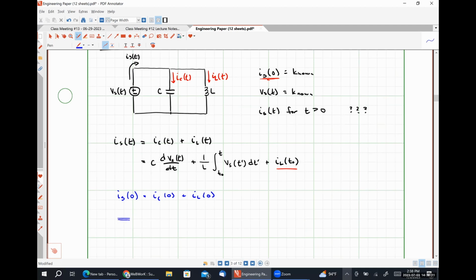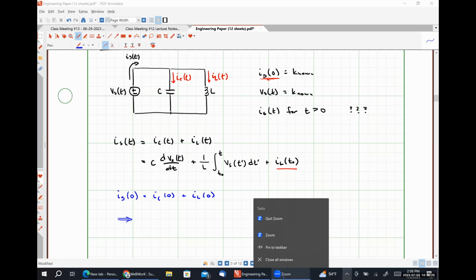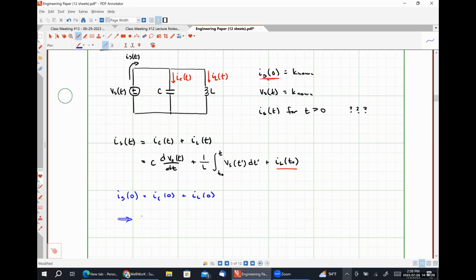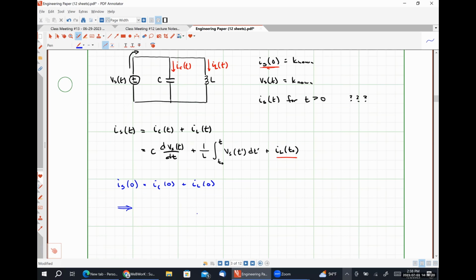Well, rearranging this, I could say that IL at 0 is equal to IS at 0 minus IC at 0, where IC at 0